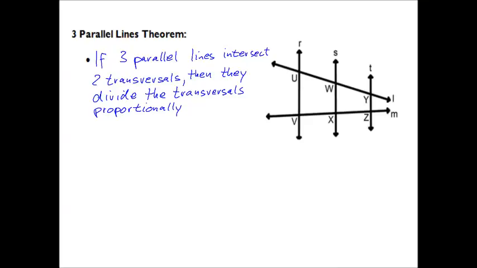The three parallel lines theorem states that if three parallel lines intersect two other lines that we're going to call transversals, then they divide the transversals proportionally. And looking at our picture, for example, if we say UW and relate that to VX, then UW over VX has to be the same as WY over XZ,